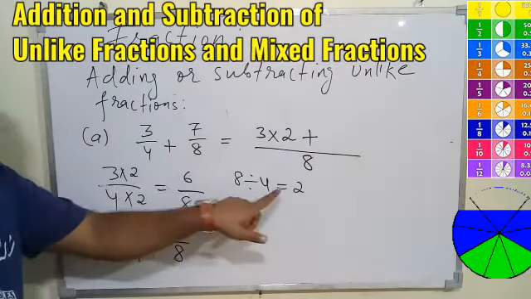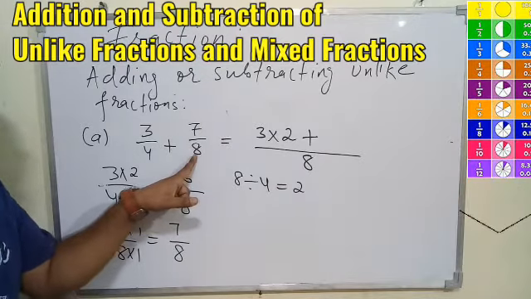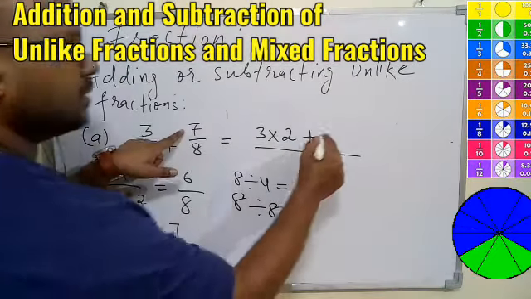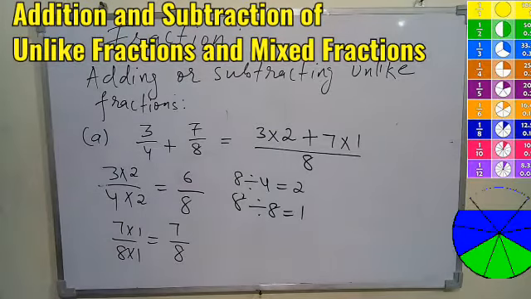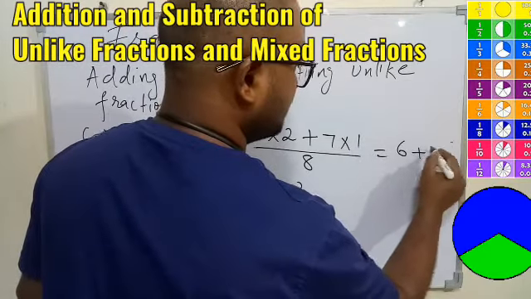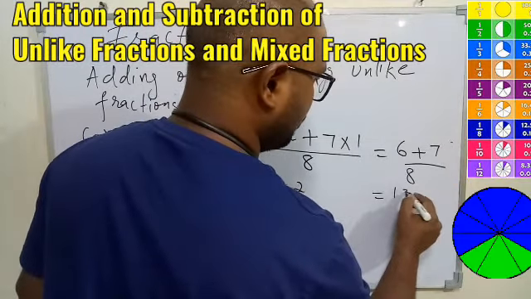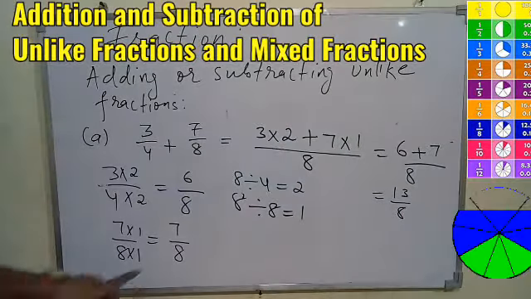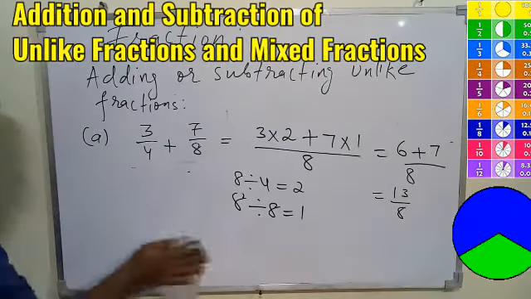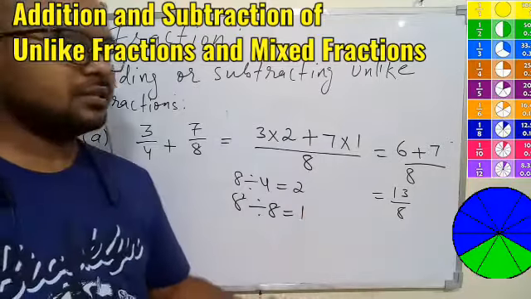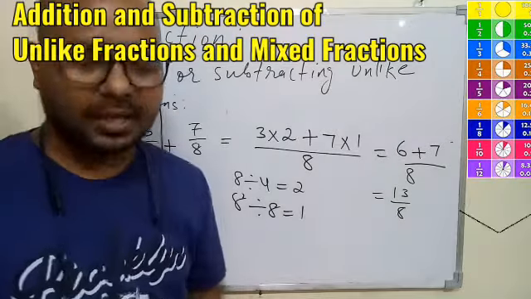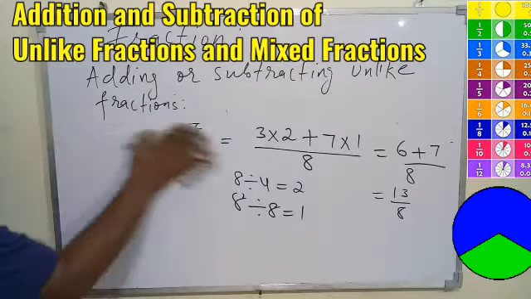Then again do the same thing. Divide 8 by the denominator of the second fraction, that is 8 divided by 8. How much will we get? 1. So multiply the numerator with 1. So this is what we got, and this is 3 into 2, 6 plus 7 upon 8, 13 upon 8. So you can see we are getting the same answer that we had in the previous case also. So I have already written the answer, but this is, we can say, a direct method. Instead of going for a long process, we can directly do the same thing here, and finally the answer is 13 by 8. So let me do one more so that it will have more clarity.